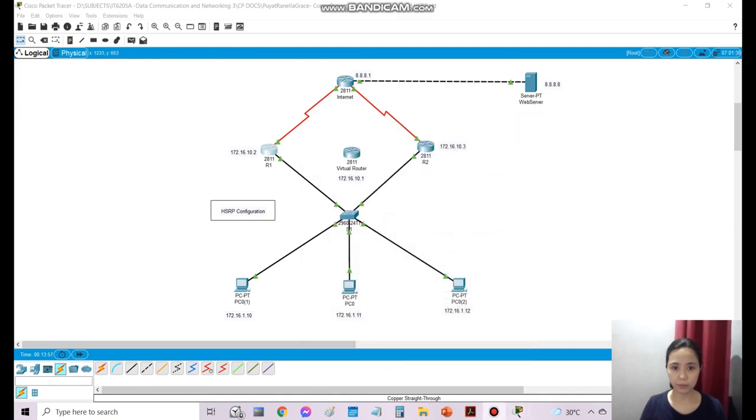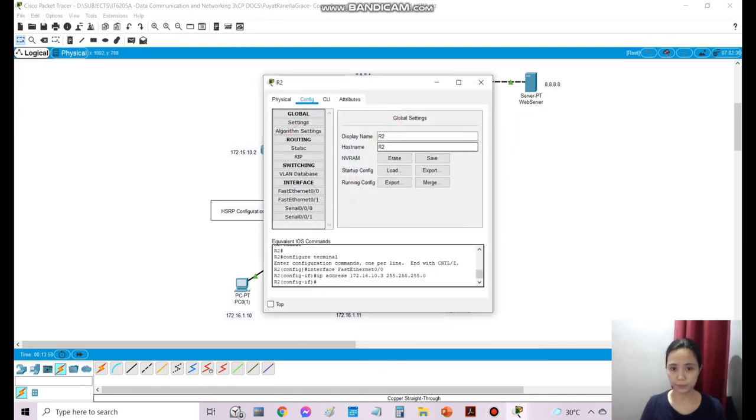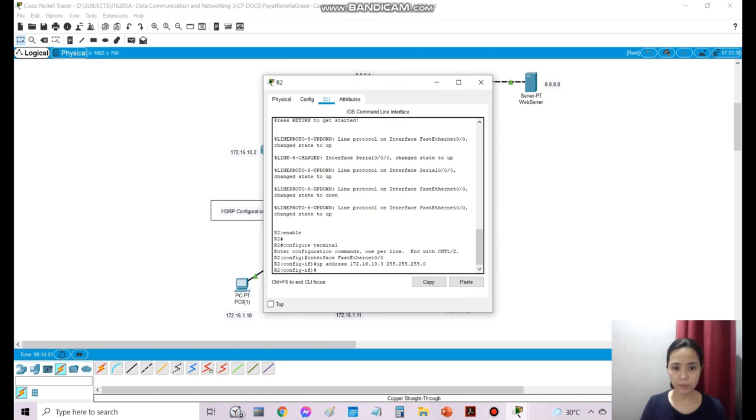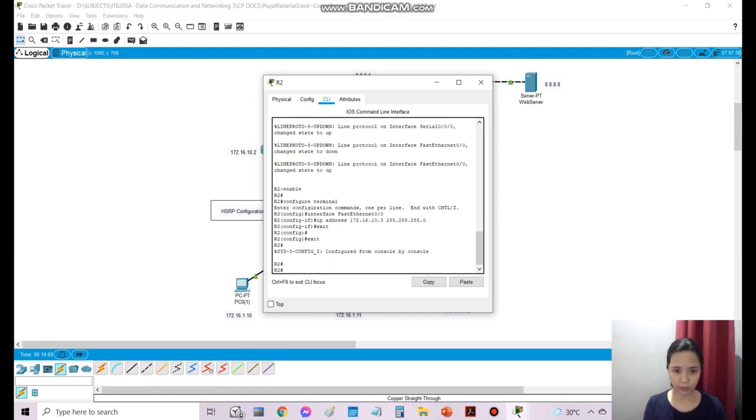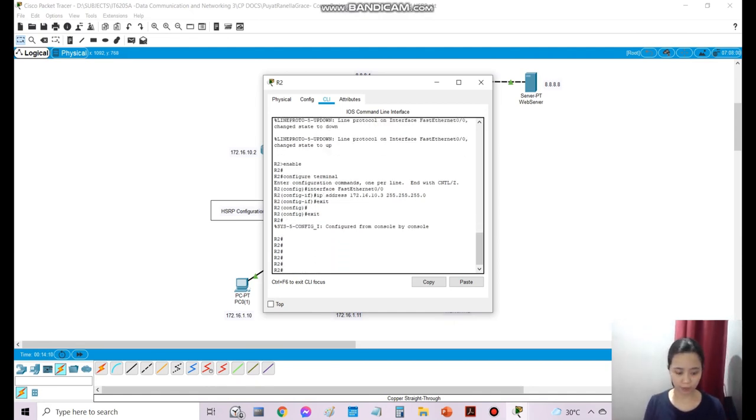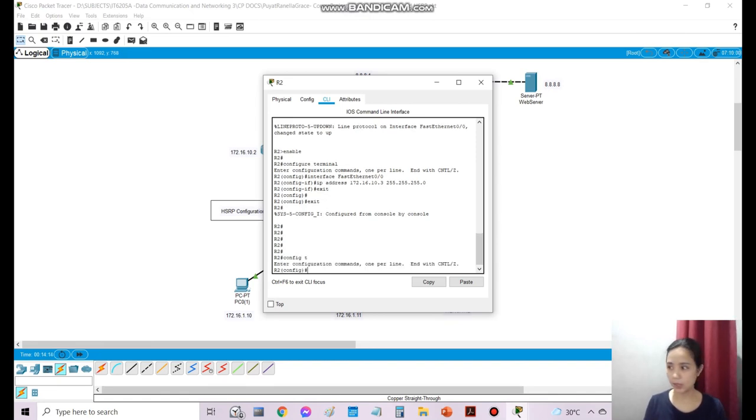Now we are going to configure the R2. So same procedure. I'm going to exit this first for you to see the first step. Okay. So enter the configuration terminal, and then going to enter the interface. Since I am using the fast Ethernet 00,